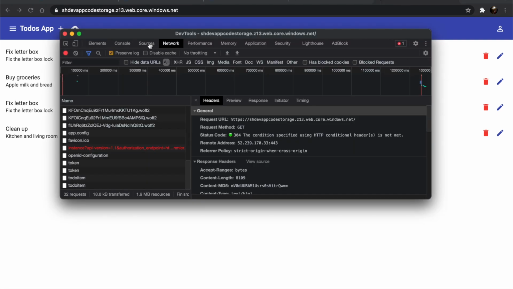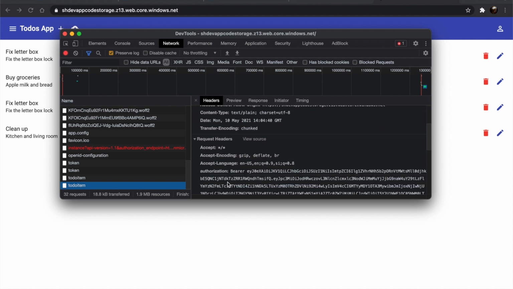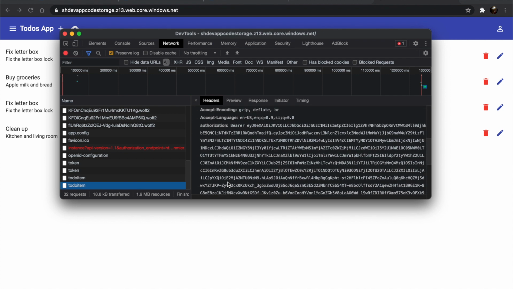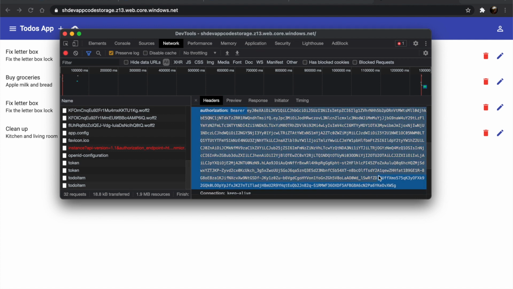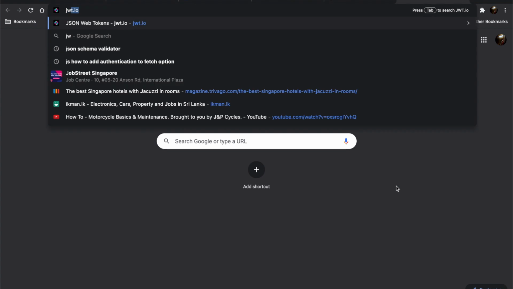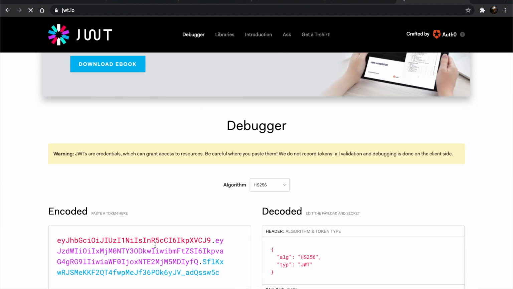If we open up the DevTools and inspect the to-do items get request, we can see the authorization token. Let's copy it. Open up a new browser tab and let's browse to jwt.io. Let's paste the copied token here.